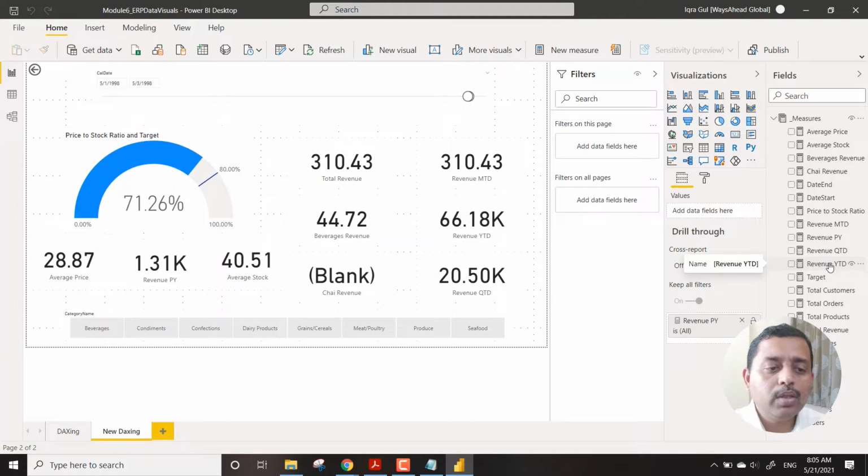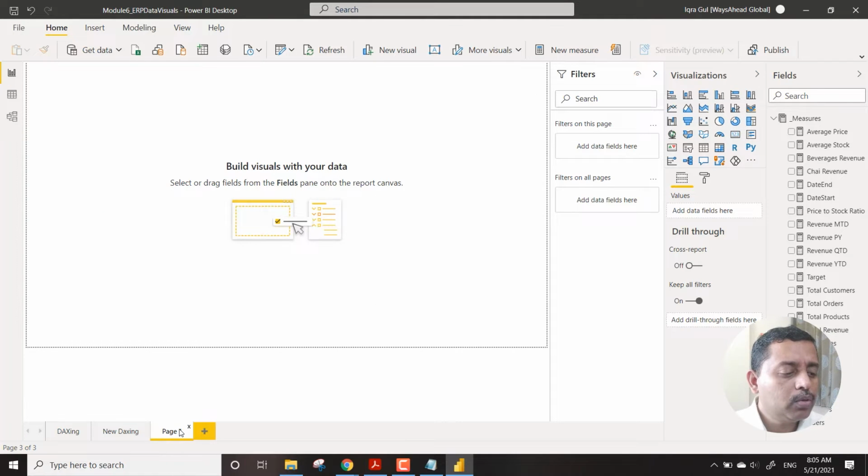So now we will be using some of these measures in the visualization sector. Usually what happens is we create the first screen, and we usually call it a splash screen.